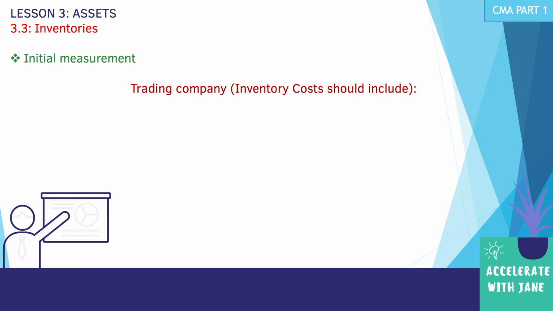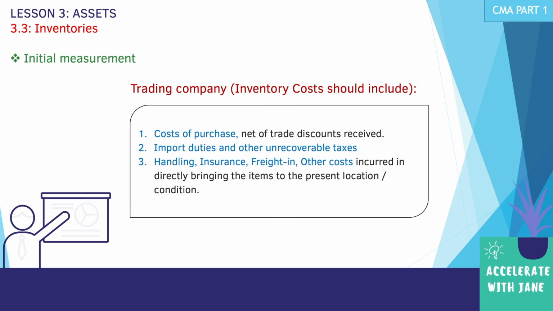Of course, inventory costs should include three points here. First is the cost of purchase, net of trade discounts received. Second, import duties and other unrecoverable taxes. Third, we have handling, insurance, freight in, and other costs incurred in directly bringing the items to the present location or condition. So the first item here, when we say cost of purchase, it is basically any inventory item that a company purchased,